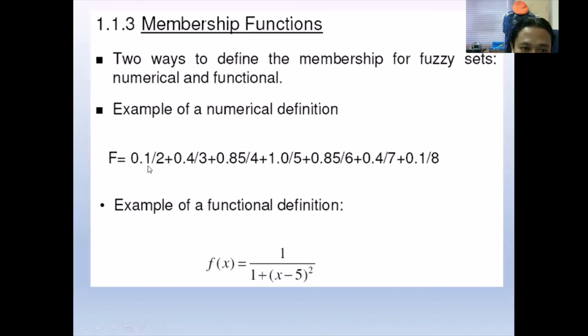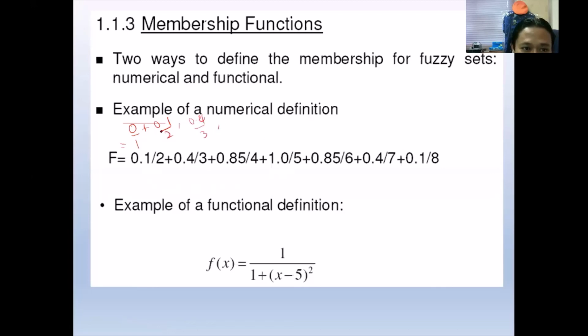For example, suppose we have it like this: 0.1 for sequence number 2, plus 0.3, 0.4 for sequence number 3, and so on.